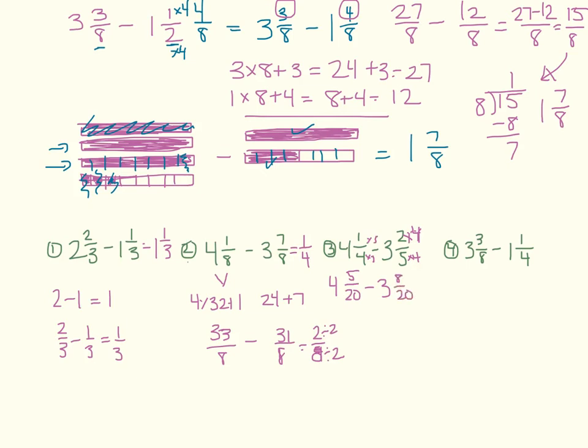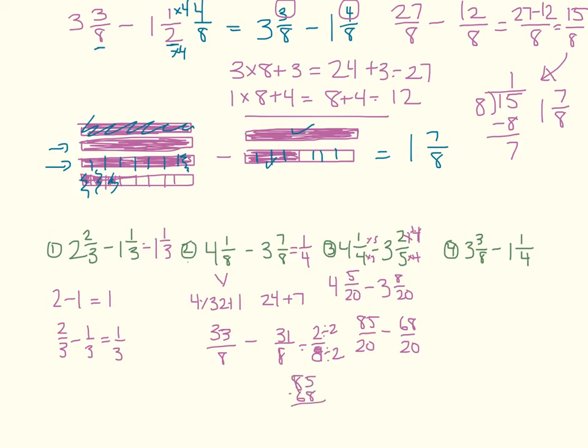So I'm going to need to regroup for this one as well. 4 times 20 is 80, plus 5 is 85 over 20. 3 times 20 is 60, plus 8 equals 68 over 20. And if I do 85 minus 68,